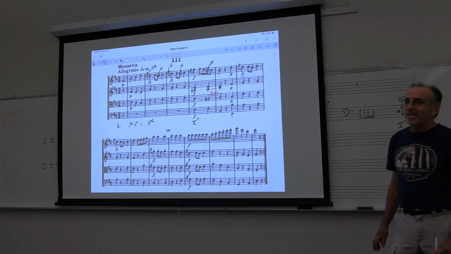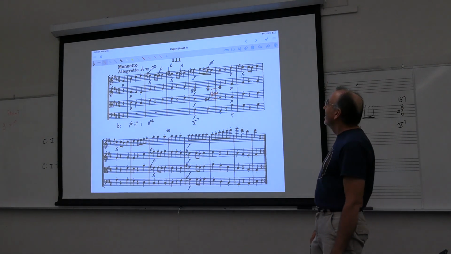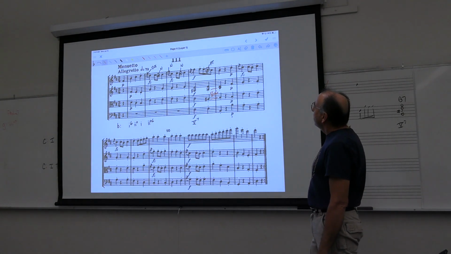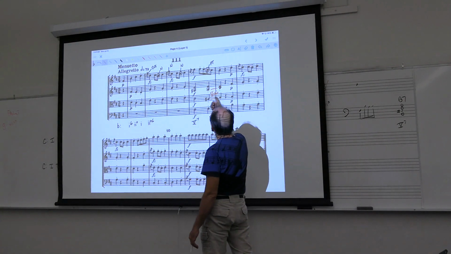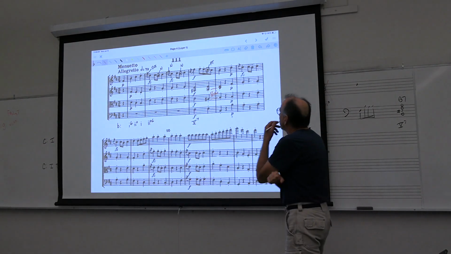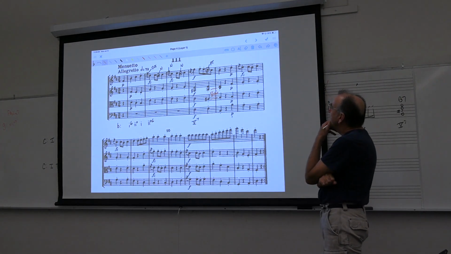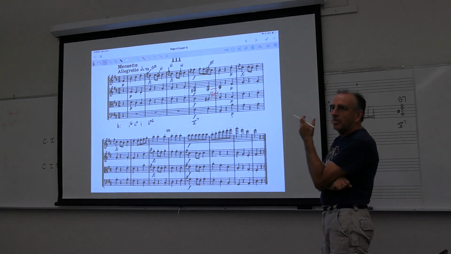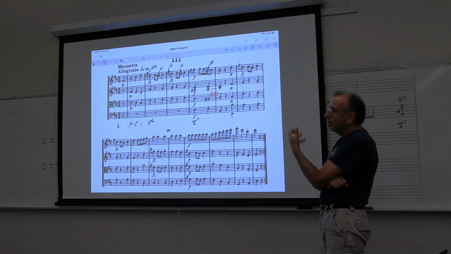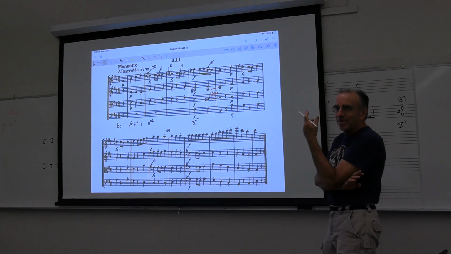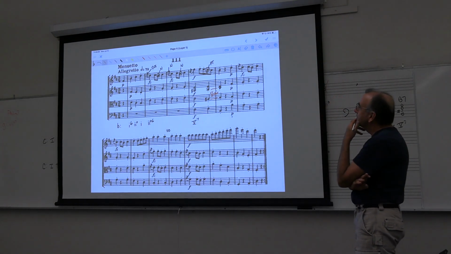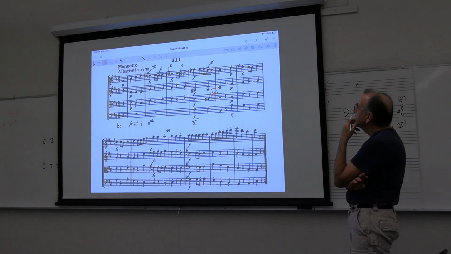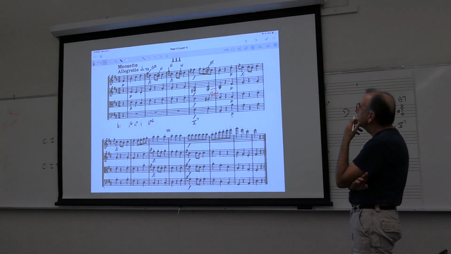And Haydn gets a B on his string set. I'm not sure why he would even do that. Why not just hold on to the C and resolve it down to the B that way? That kind of baffles me. I mean, in terms of common practice harmony, Haydn will do what Haydn will do, but that seems weird to me. I'm not sure why he would even bother to do that. Maybe he's